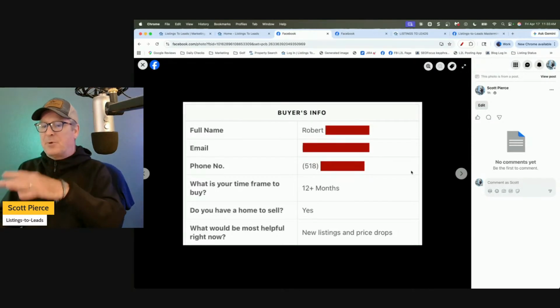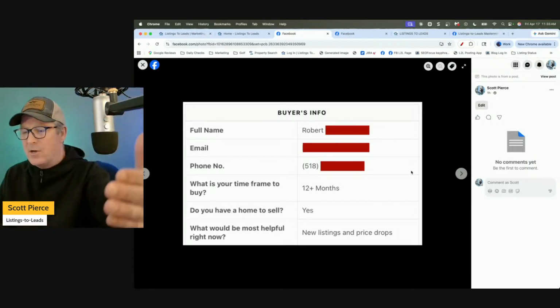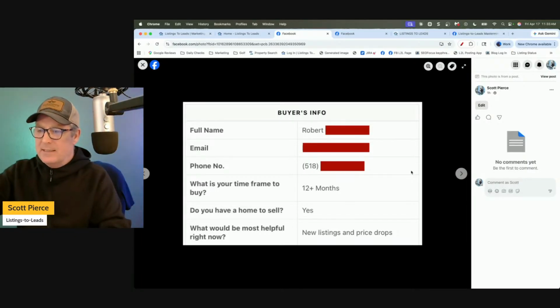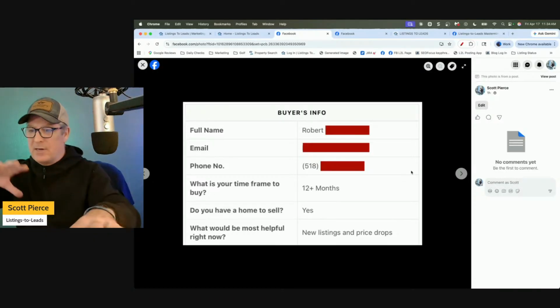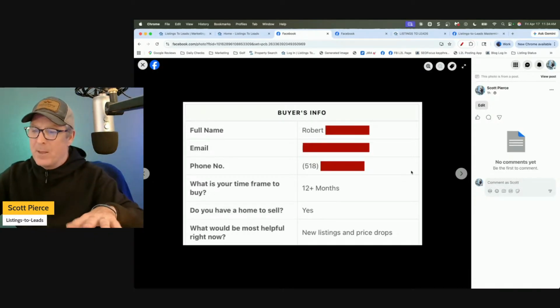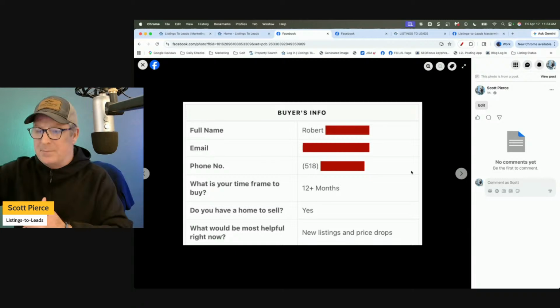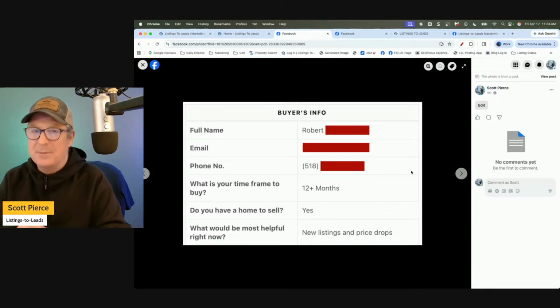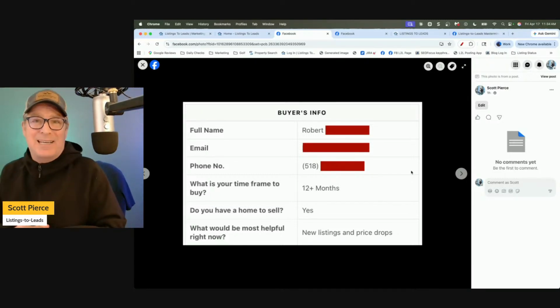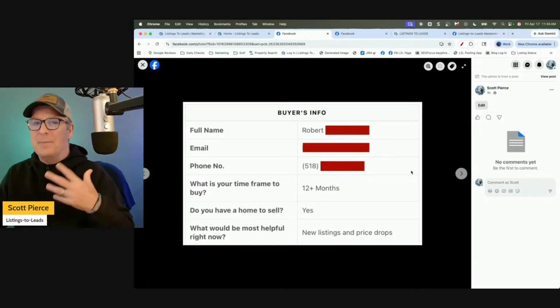So when I call this person up, because they're looking long term, maybe they've got a kid who's a senior or just graduated recently, and they're starting to think about downsizing, or maybe the opposite, maybe upsizing. Maybe they got a young kid and they need a bigger home. So something might be going on in their life.